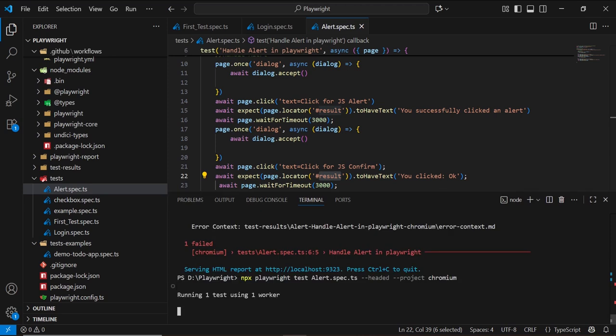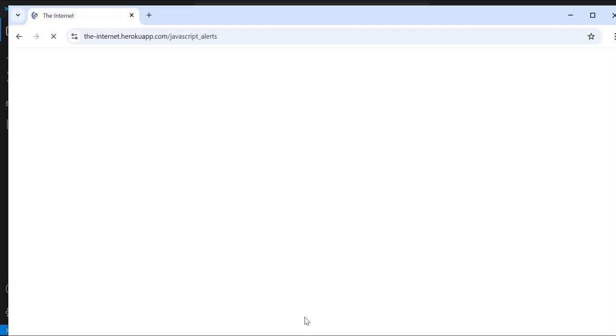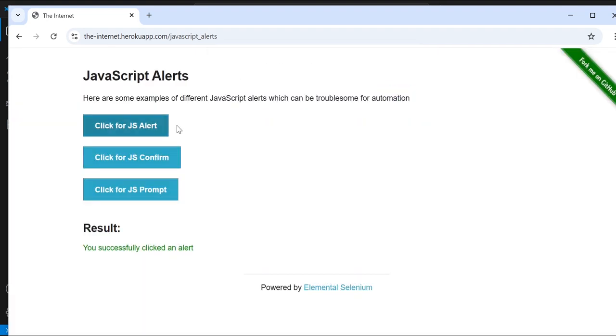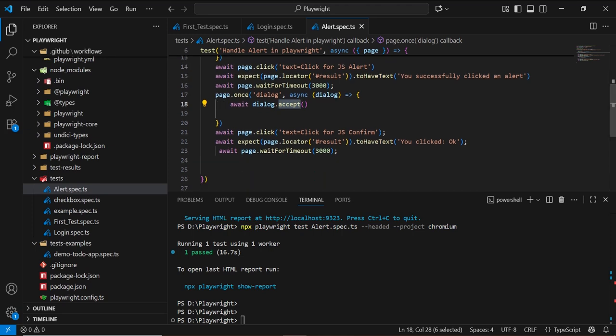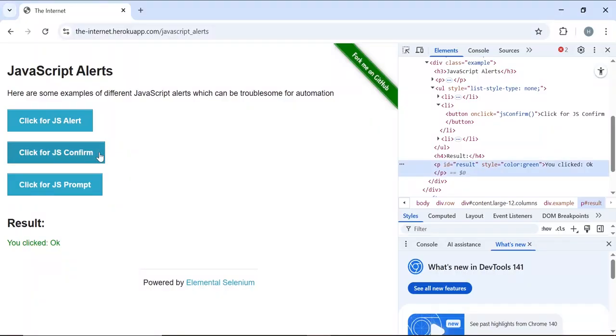Click on enter. Running one test using one worker because here we define the Chrome browser. Navigate to this URL, click on this alert and here you clicked OK. As you can view here, running one test using one worker, one passed. Now the test has been passed. So we can cancel this alert. To cancel this alert, you just need to enter here dismiss, and here what we need to do, we need to